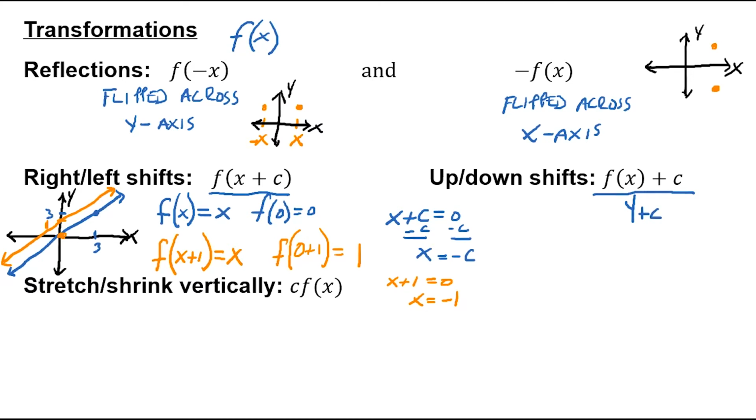So if c is positive, then you're going to end up shifting your graph up. If c is negative, it will shift your graph down. So let me kind of partition this off here and give you an example of a graph being shifted up or down. So let's start with the function f of x equal to x, and